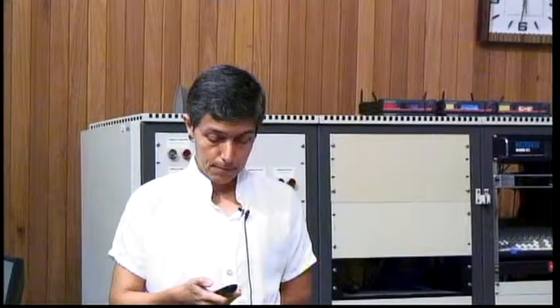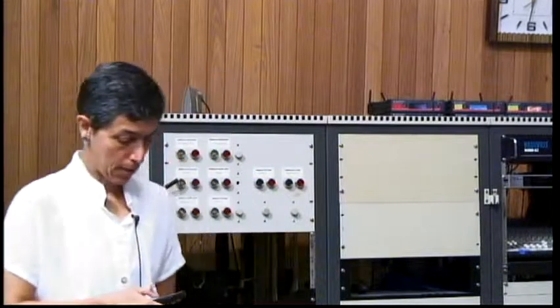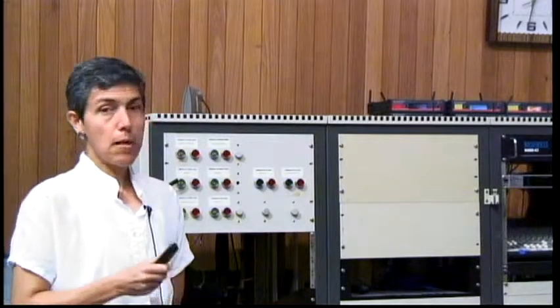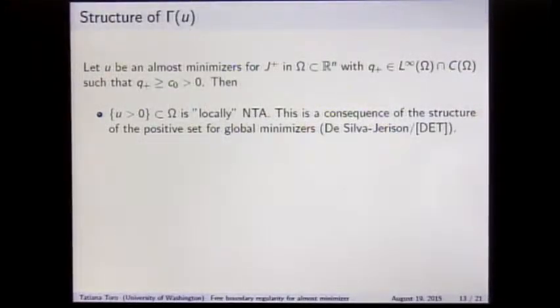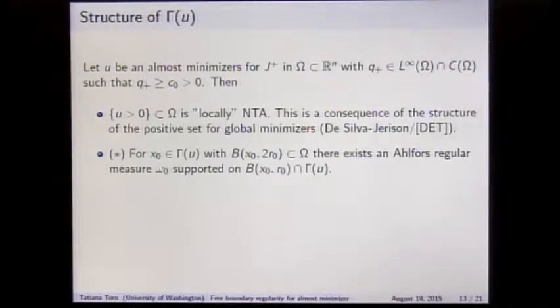Here, the proof of this, we did it by ourselves and then realized that we could have used some of the ideas of Silva and Jerison to shorten our proof. Okay, so it's basic. And now, remember, I told you, I am looking for the measure, and having an NTA domain allows me to construct a measure. Okay, so you see there's a little asterisk here. It means don't worry if you don't understand. I'm going to draw a few pictures later, and I'm going to go over these.